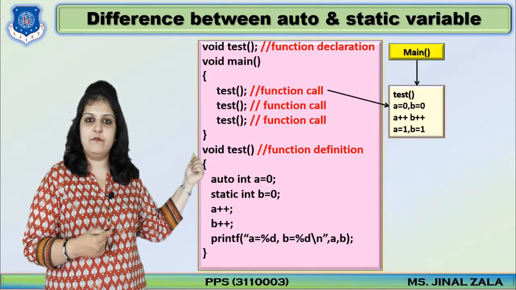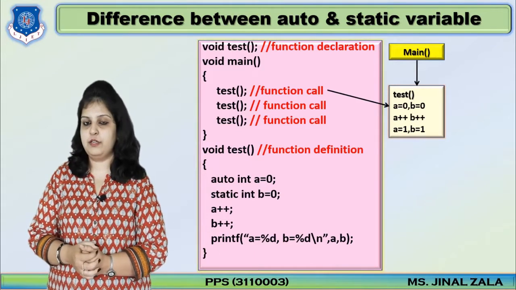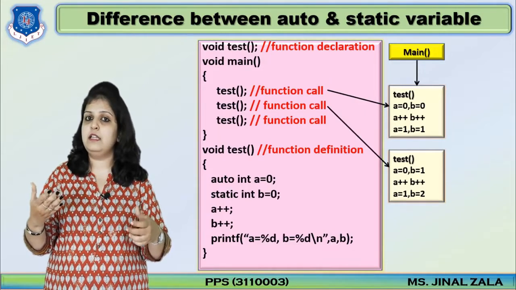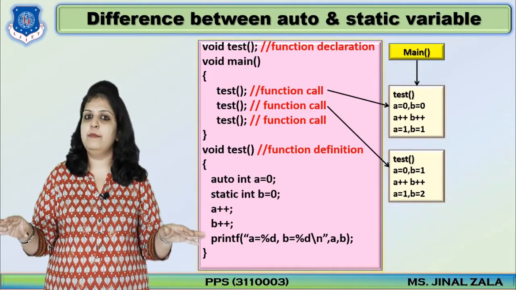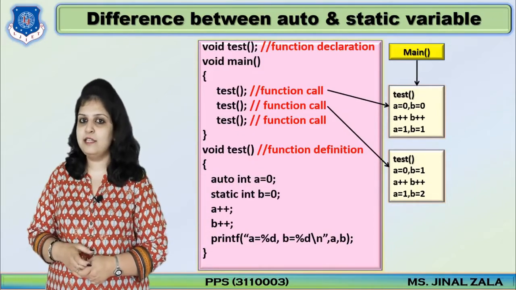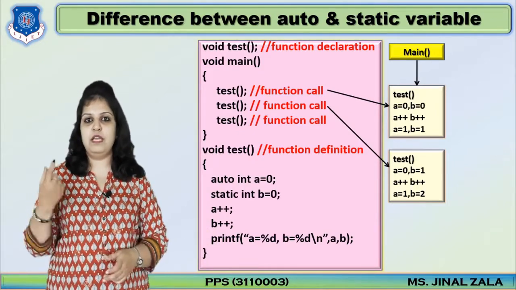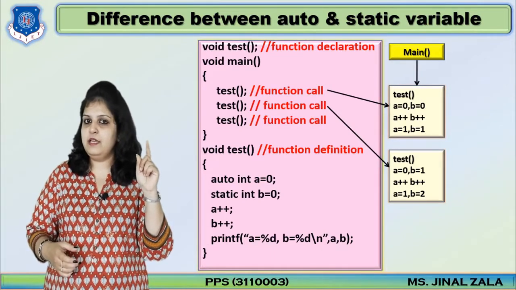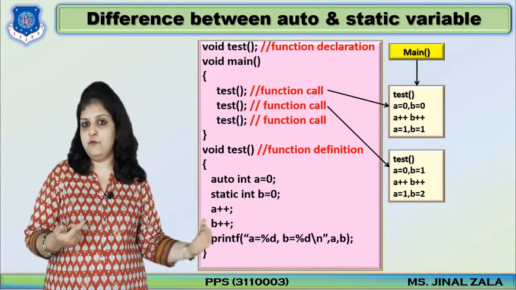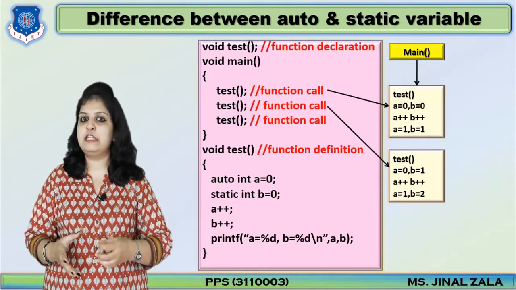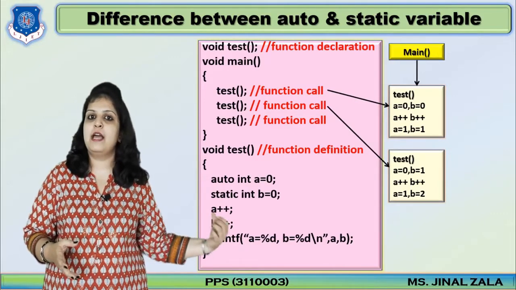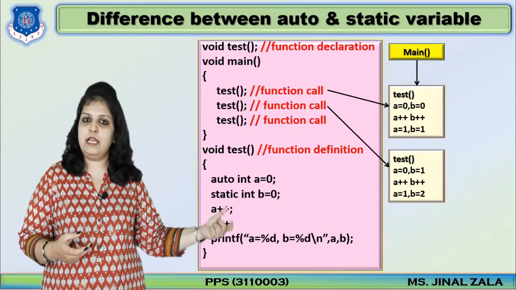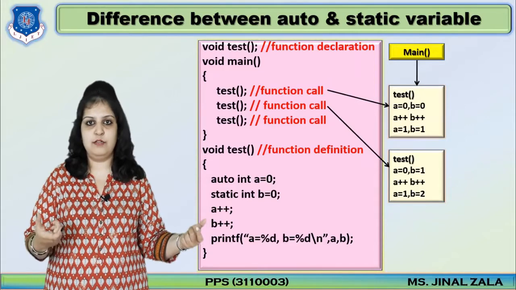Now move to the next statement. Again we are calling the same function. So again go to the function definition. Previously a became 1, but it is an automatic variable. So again the value of a is destroyed automatically and it is initialized as 0 again. And when a plus plus, a becomes 1, but our b variable is a static variable. So the last updated value of b is 1. So 1 plus 1, now b becomes 2, not 1, because it will take the updated value as input. So b becomes 2 and this time our a is the same 1 and b is equal to 2.